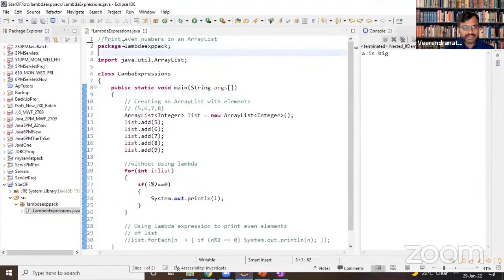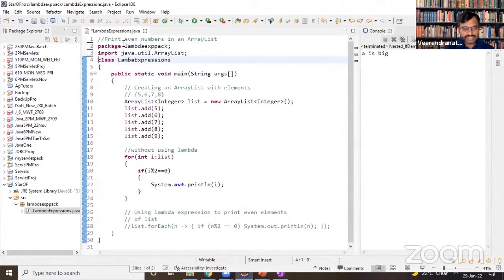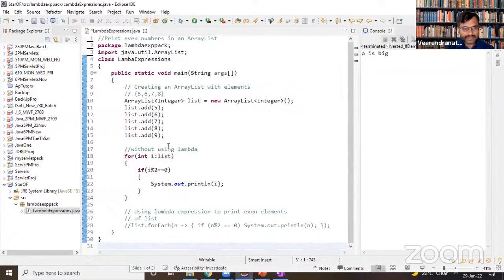Lambda expressions, public static void main. Maybe I'm using the wrong name here, yeah, that's the reason.